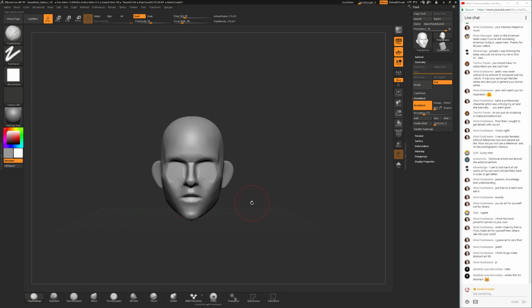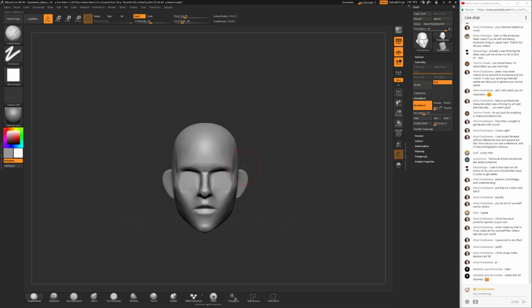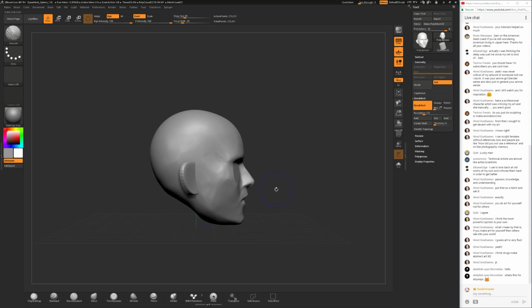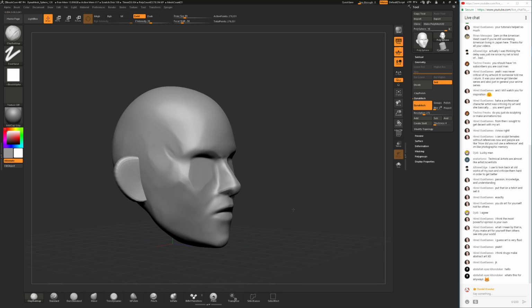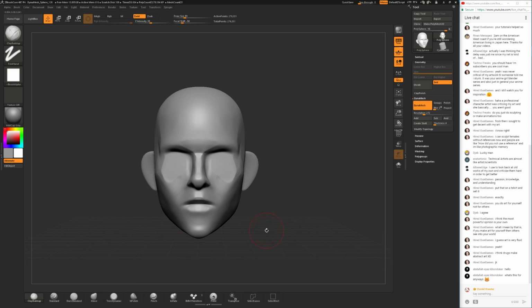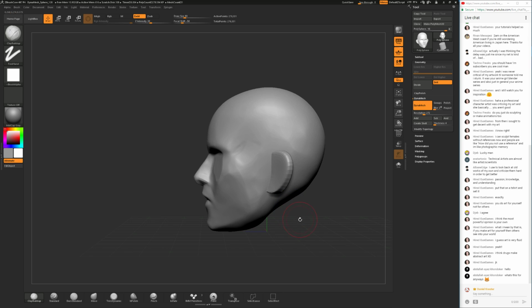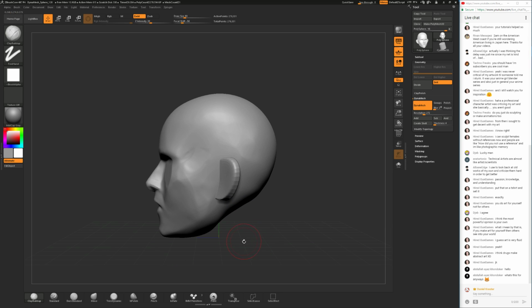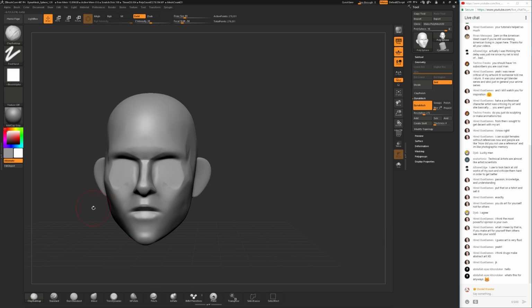So, who has an idea about how I can make this sculpt look more feminine? I'll give you a view around. This is the front view. This is the side. What looks really off to you? I mean, I see many points that are just not quite right yet, generally as in proportions that I will try to fix. But what is it that makes the difference between male and female in faces?